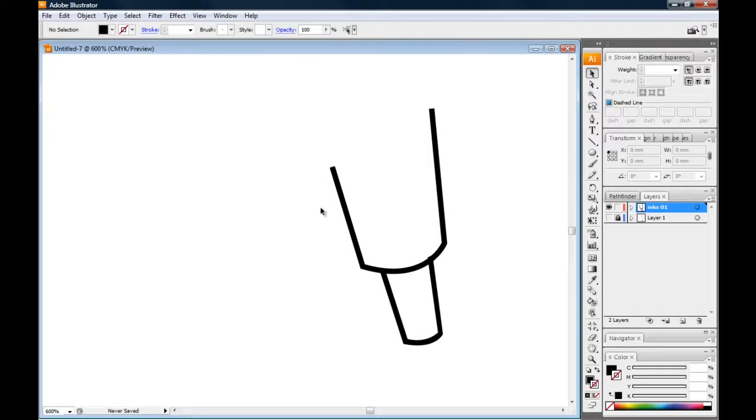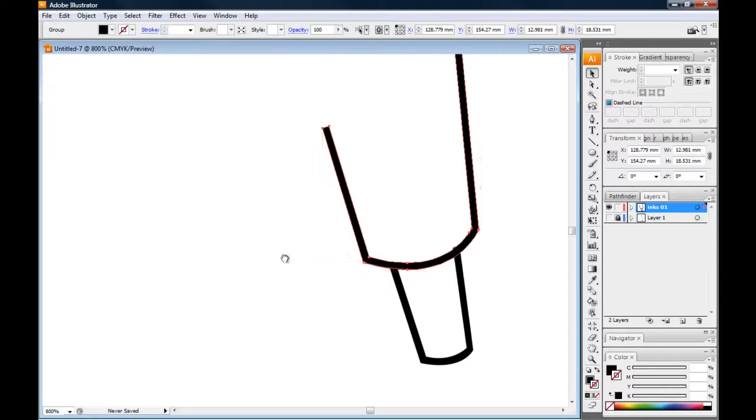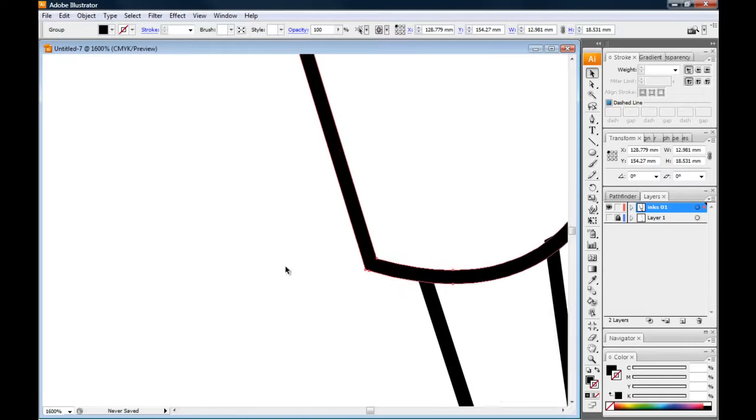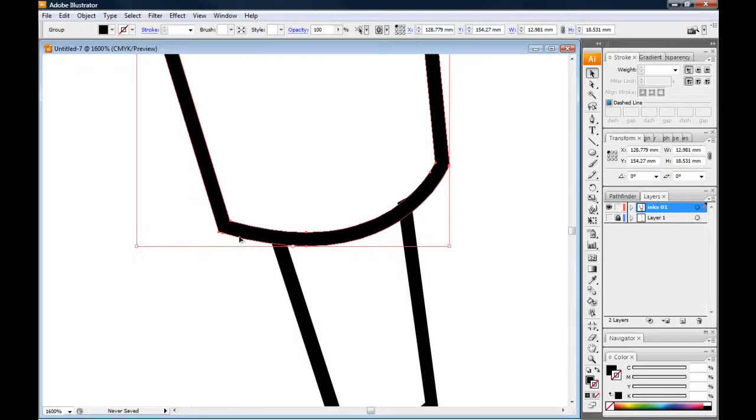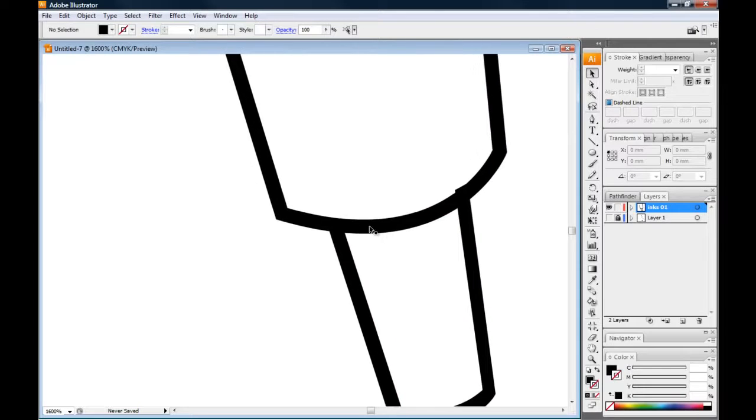And what we can do now is, you'll see here we've got all the different points, but what it tends to do with the stroke version, and then you expand it, is it adds a few more points there. So here you can see we've got a point, here we've got a point, and then we've got the 2 edge ones, whereas here we've just got the 2 edge ones. So this shape, where it hasn't been converted and I've had more control over where I place the points, it's easier to manipulate, and with less points it takes down the file size very slightly too. So something else to bear in mind, but you can work this way if you like,